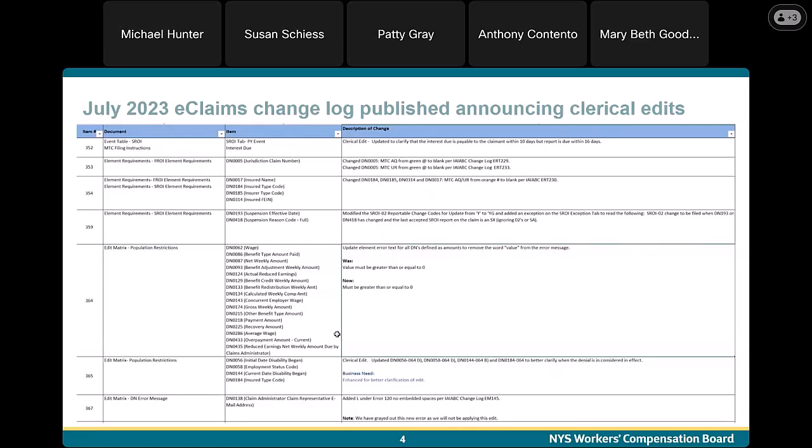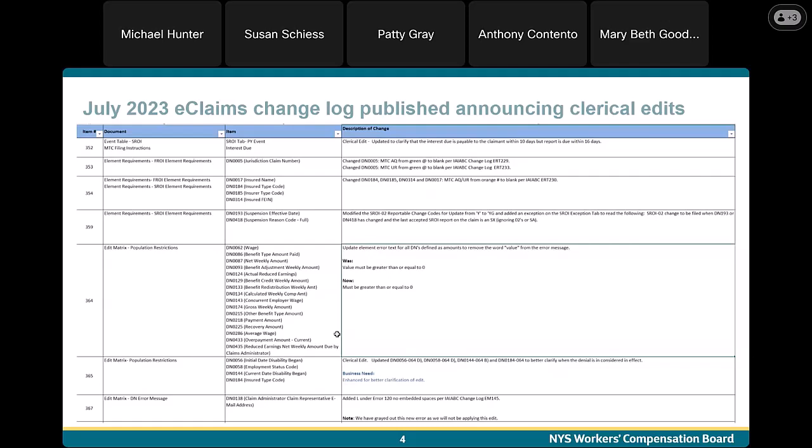And we also changed DN 0005 MTCUR from green ampersand sign or @ sign to blank per IIBC changelog. We also, on log item number 354, changed DN 0184, 0185, 00314, and 0017 MTC AQUR from orange to blank per IIBC.